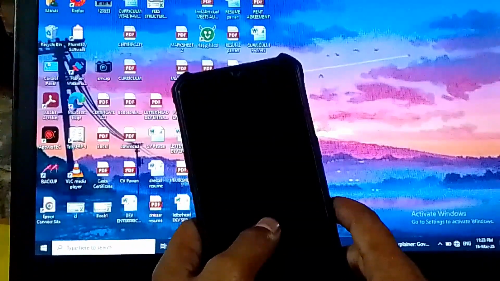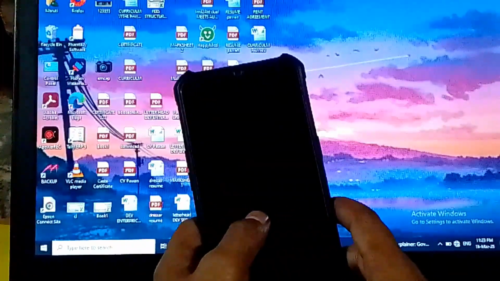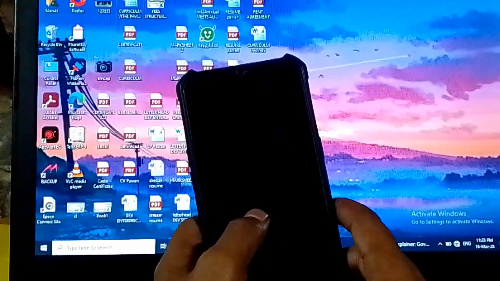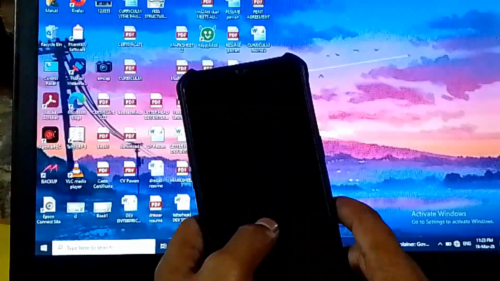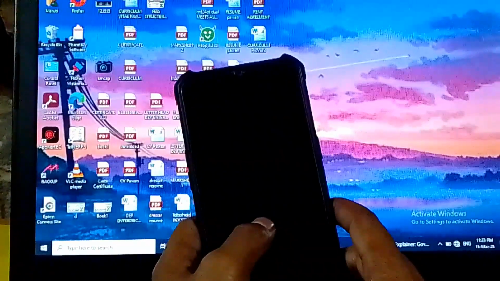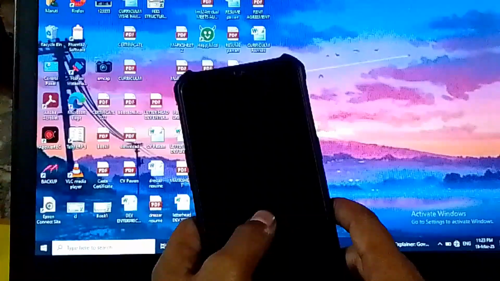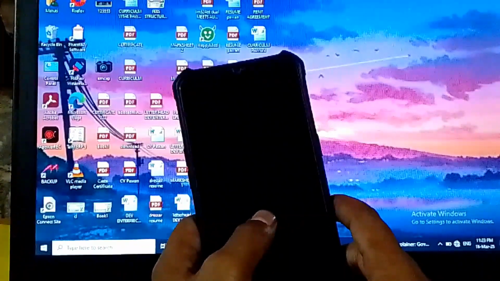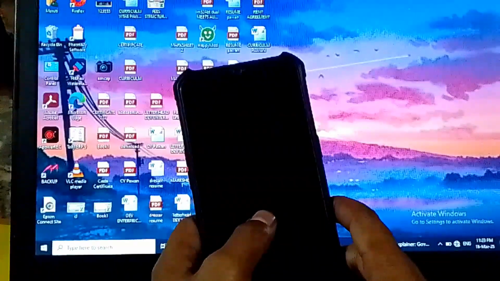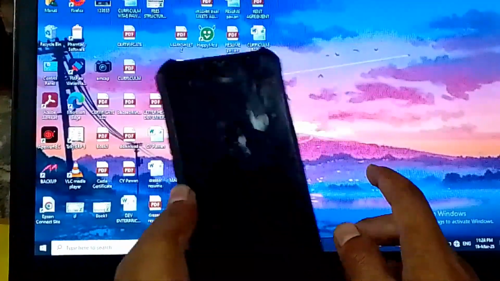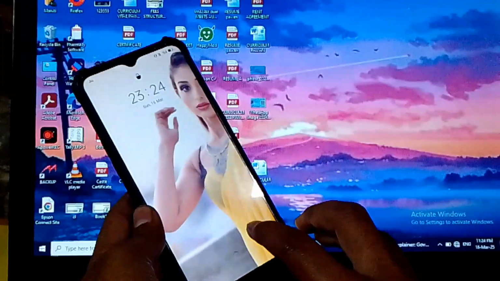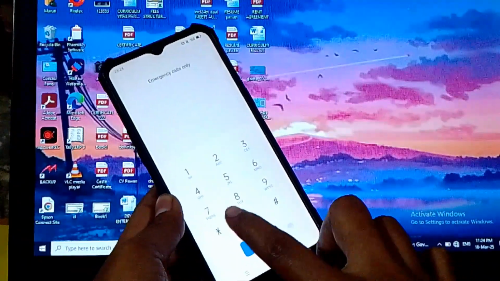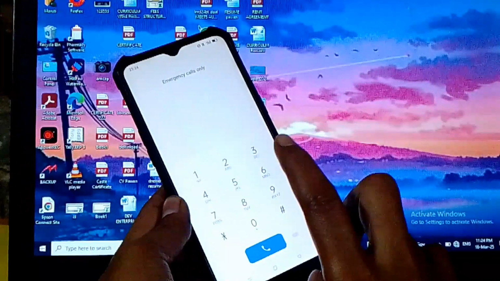You have to open your emergency call option. When this page comes up on your mobile, now come to the important codes. You will have to enter a special USSD code which takes your phone to the master unlocking mode page. See the important code: swipe up, see the emergency call button, click it, and dial the very important USSD code.